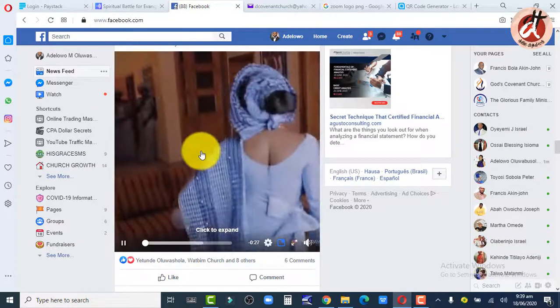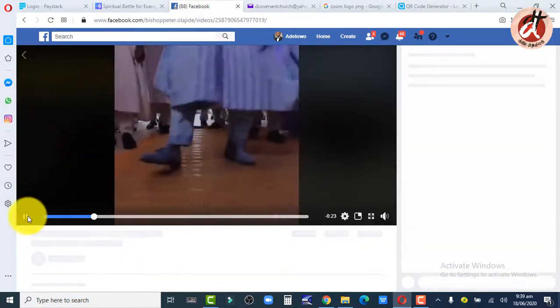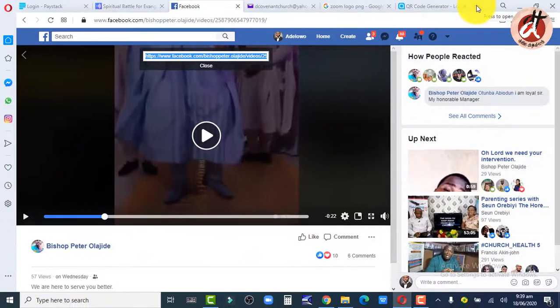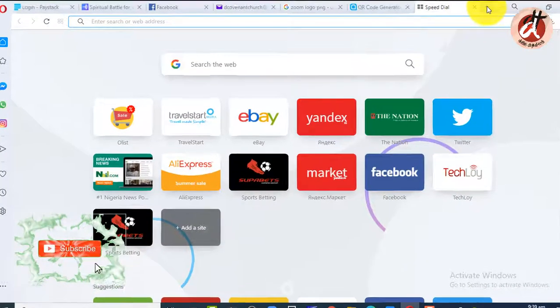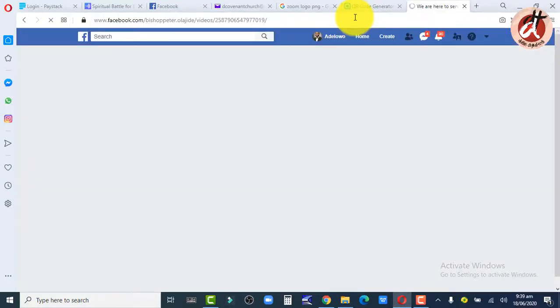So all you need to do is first get the URL of the video. When you right click on it, show video URL, you copy it by pressing Ctrl C on your keyboard, then open a new tab, paste it, and press enter,